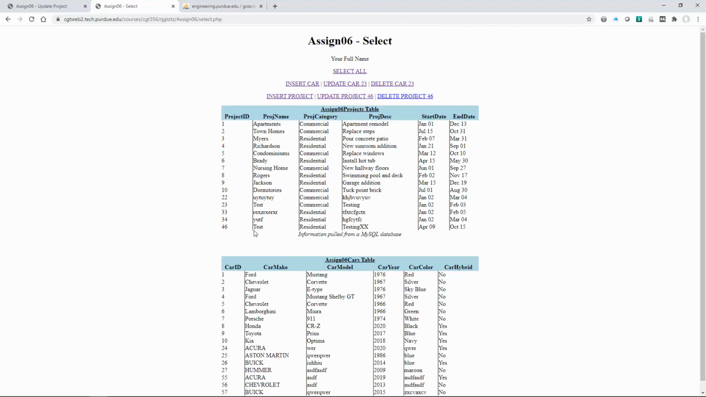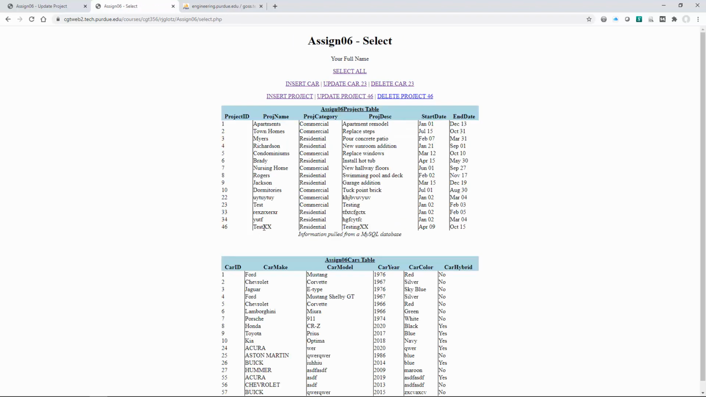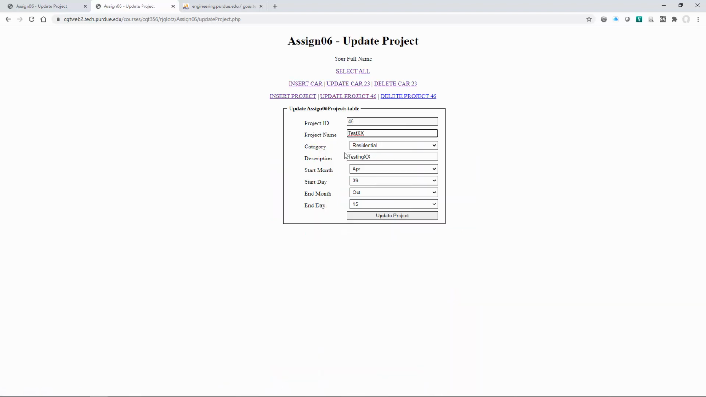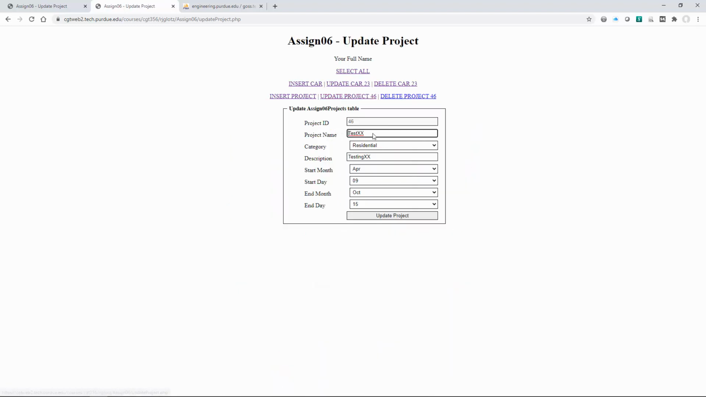Update project 46. Remove the X's, residential, added the X's, change it. Come back here again. Update. Make sure that you test every aspect of it. You must enter a value for all boxes. There we are, back to here, and then so you can continue to test that out, make sure that it works